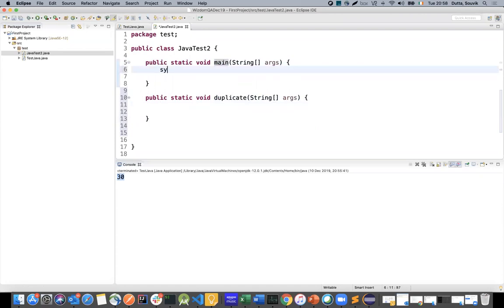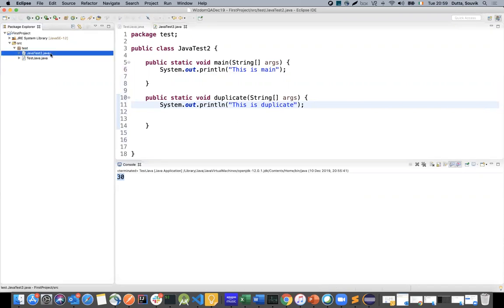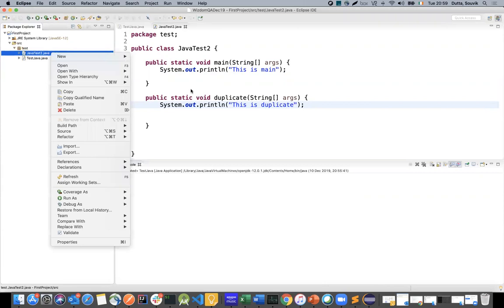I'm going to say sysout, "this is main," and in the other, "this is duplicate." I have two different methods here. Perfectly fine. If I just try to run this, you will see that the second method is not getting executed,